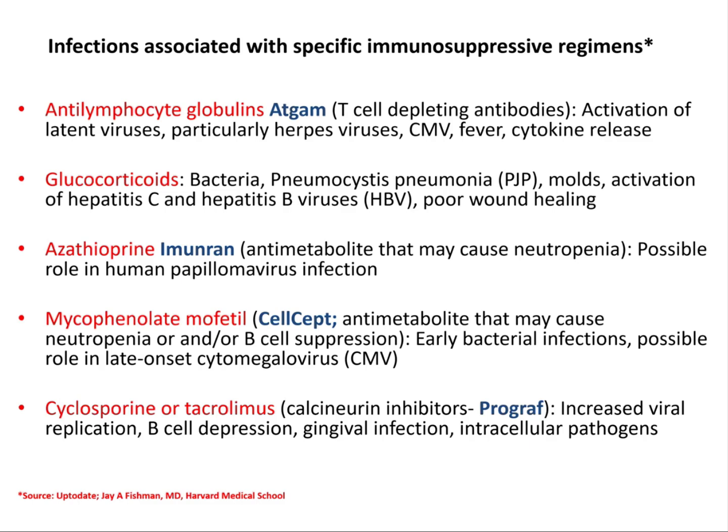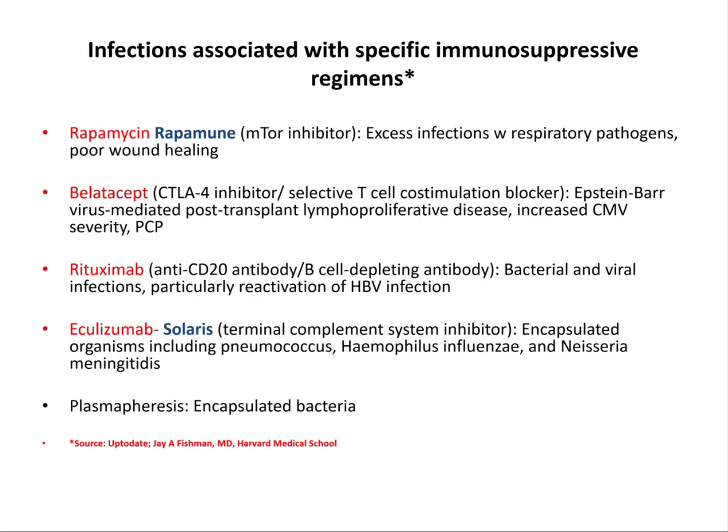Cyclosporin, tacrolimus, which is Prograf, increased level of replication of... It inhibits B cells, so you have a lot of viral replication, intracellular pathogens, any intracellular pathogens all the way to tuberculosis. Rapamune,